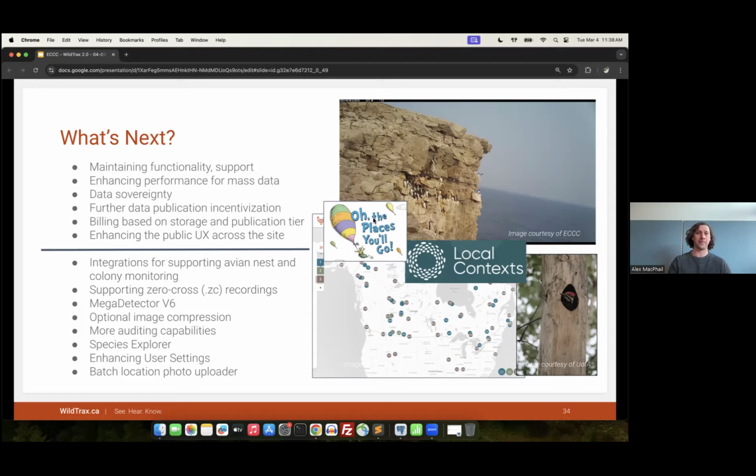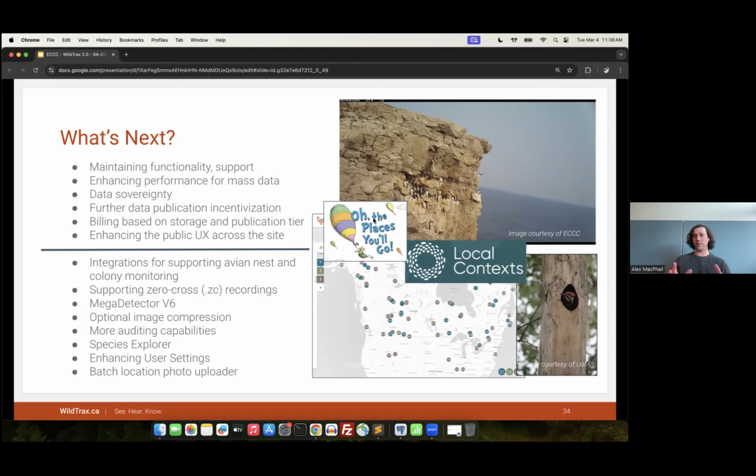Of course, as I mentioned, we're always trying to incentivize people to publish their data within WildTrax, whether it be fully public or at perhaps a lower level that they're willing to share comfortably within the system. We like to expand that Data Discover map as much as possible by providing, again, more tools and services available to allow people to publish this publicly.